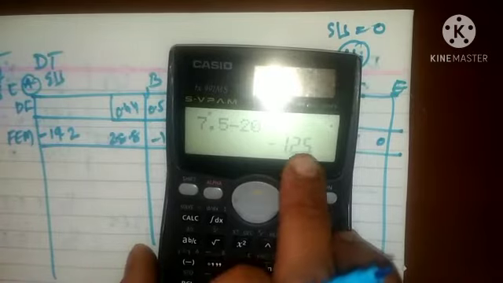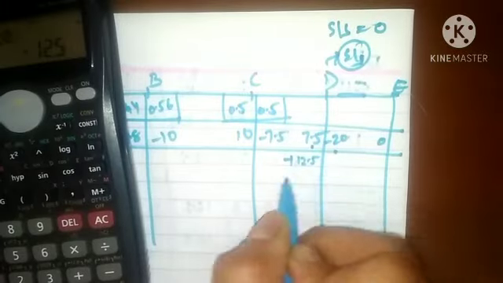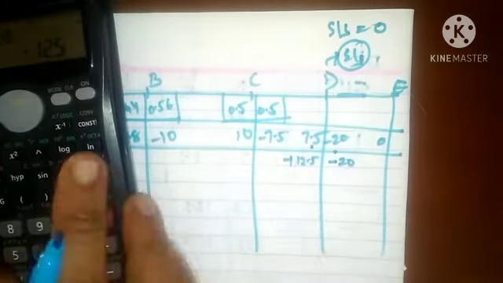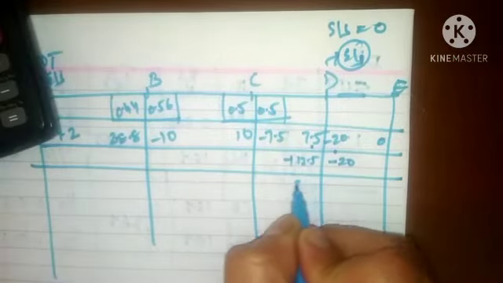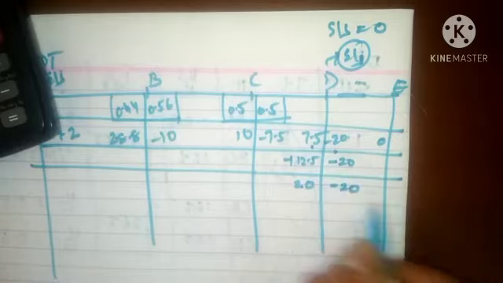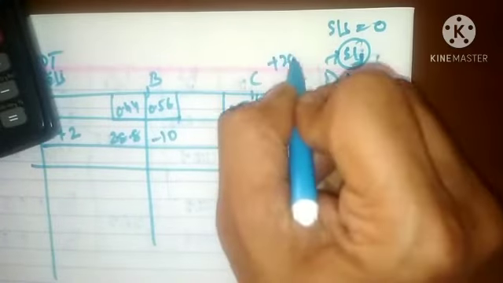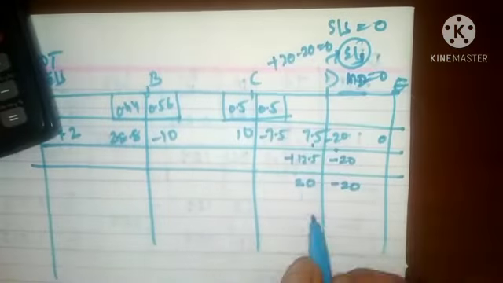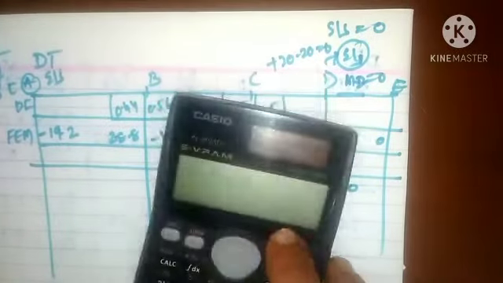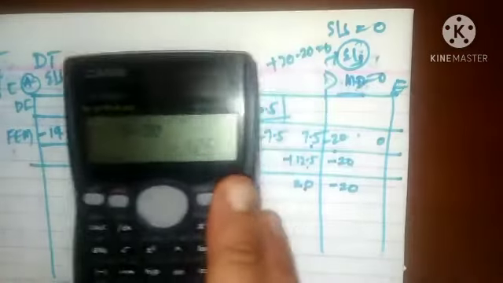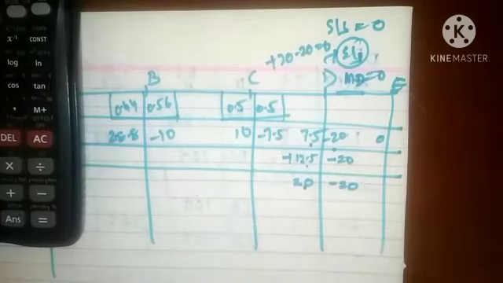So whatever value you are going to get here, it is minus 12.5, so you need to write it as plus 12.5. So you are going to make it plus 12.5. What will result here is, on the left hand side it will be plus 20, right hand side will be minus 20, so net moment at D will be 0. How? Plus 20 and minus 20 come to 0. To make it plus 20, you are going to add plus 12.5. Whatever value you get, you need to give the opposite sign of that value, as plus 12.5 and minus 12.5.